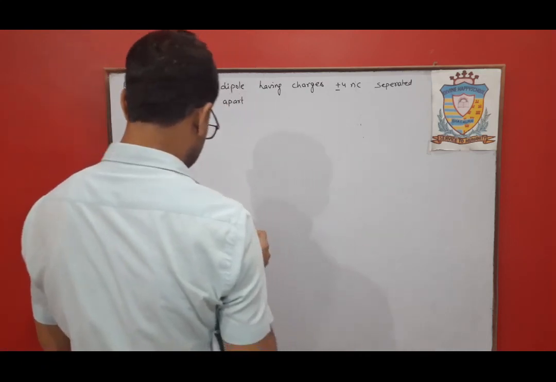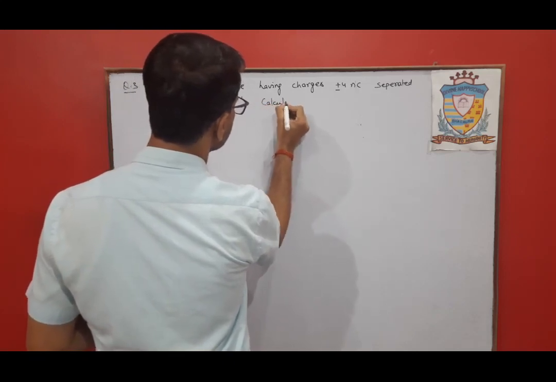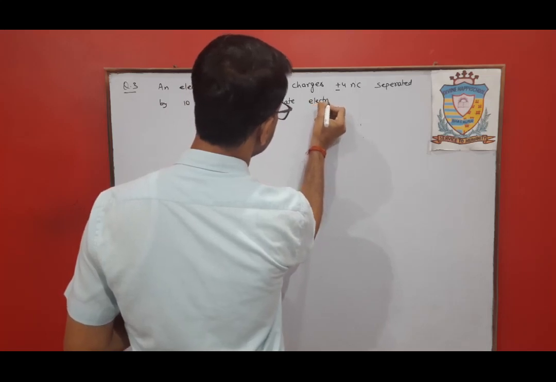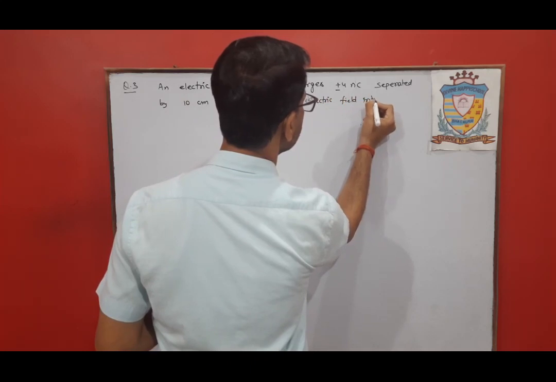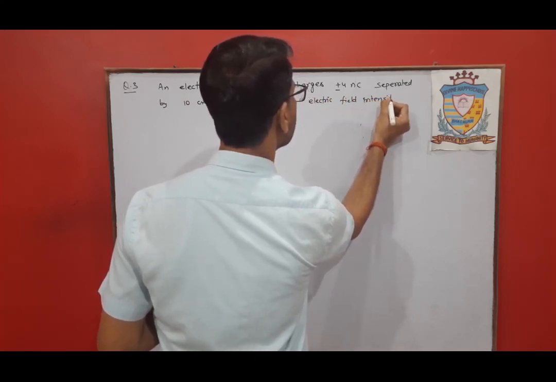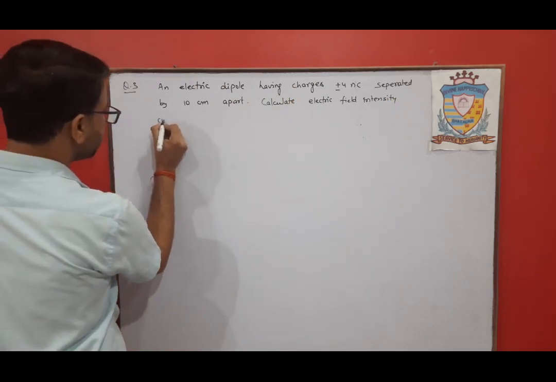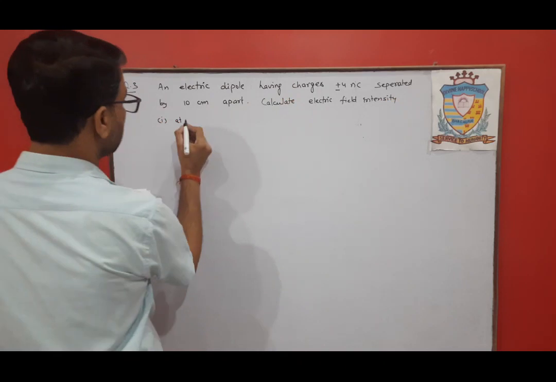Okay, calculate the electric field intensity first at the center of the dipole,